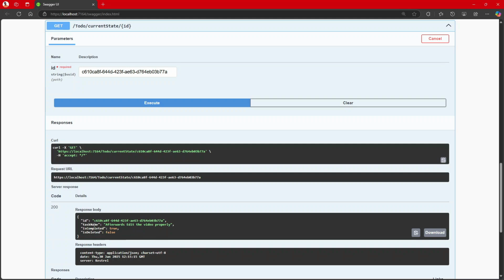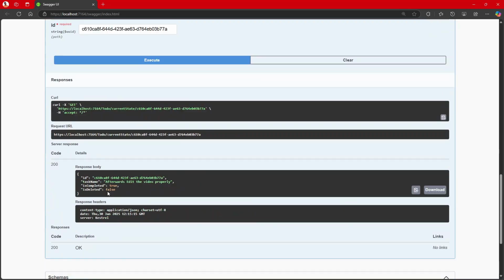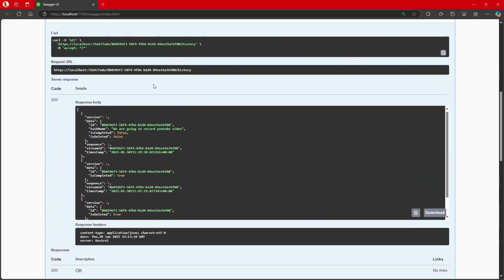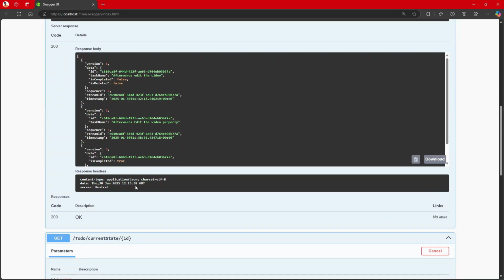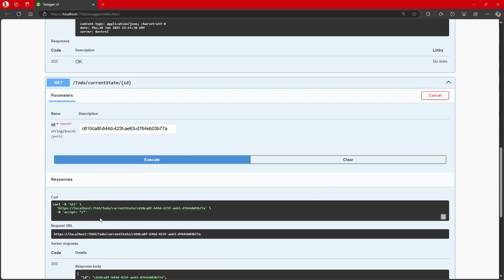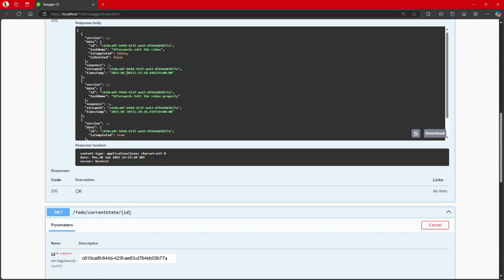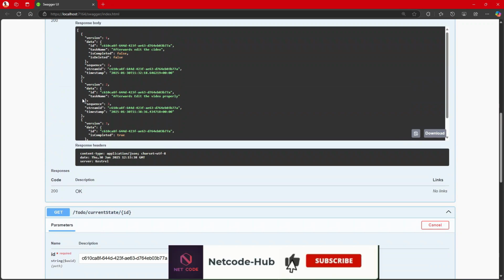So when you check the task name, it says afterwards, edit the video properly. When you check the history, we are having more than this. Check from the history. Check here. We are having this from the updates. We said that, hey, afterwards, edit the video. And now we updated the task name as afterwards, edit the video properly. As you can see from that, we have that displayed as the current state, not the previous one. Although we can read history here. Okay. Now with this,